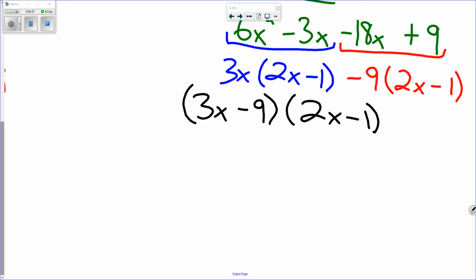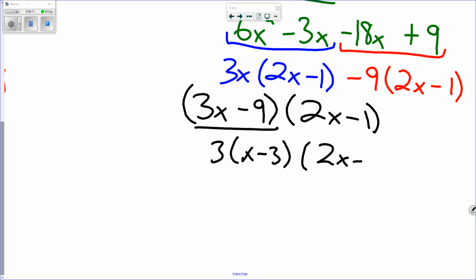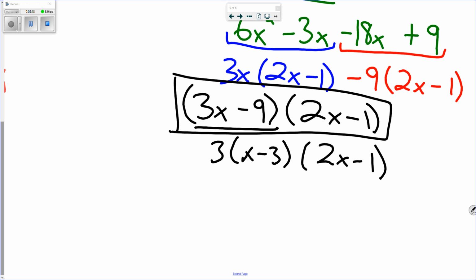You could take it one step further, right, and notice that you can factor 3 out of our first set here. So we have 3 times x minus 3, and 2x minus 1. Right, you can stop here, that's fine. Unless the question specifically says fully factor, in which case you need to go all the way